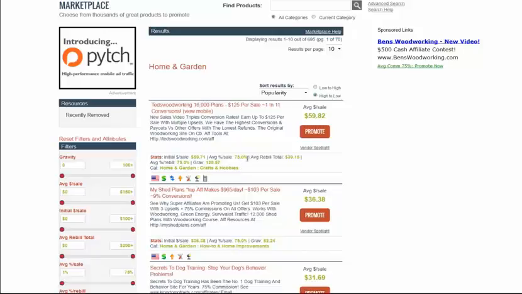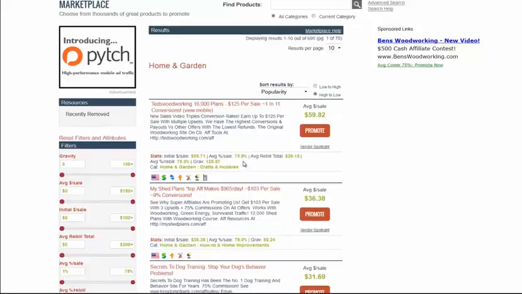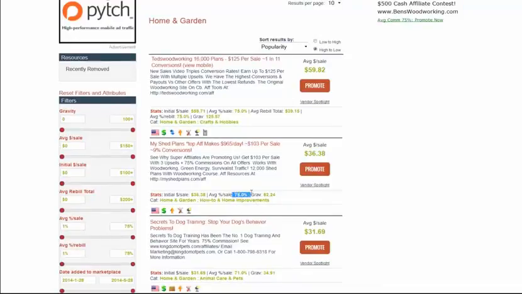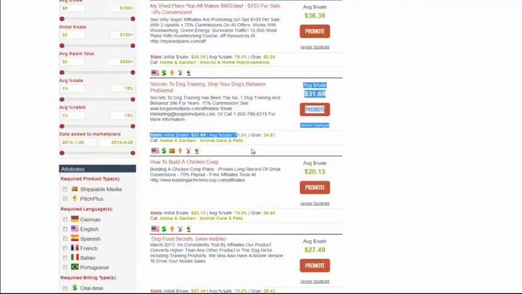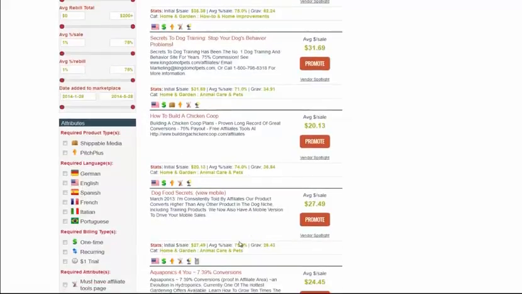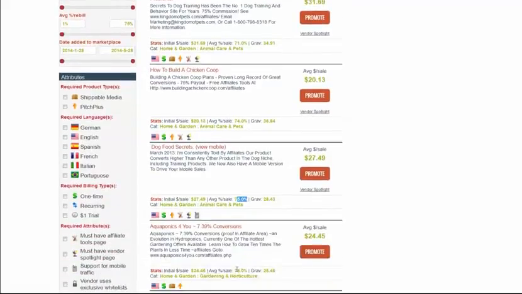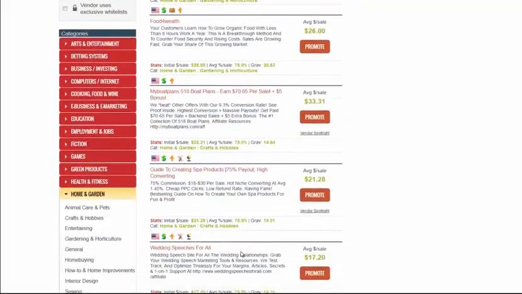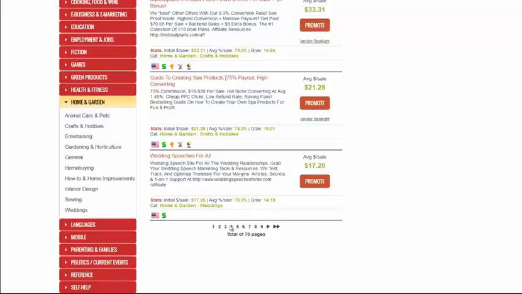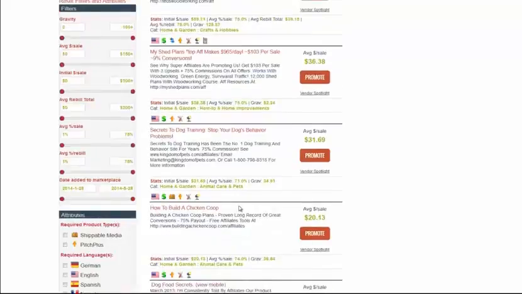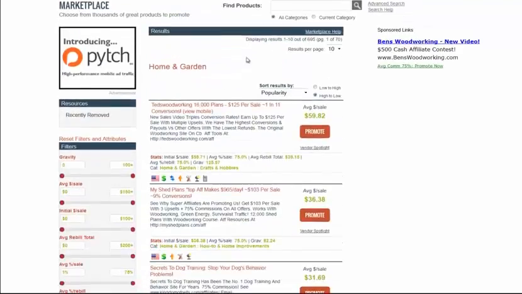Now the other thing that's important is the percentage you're going to make. So that's 75%, very nice. 75%, very nice. 71%, 74%, 75%, 75%. All of these products, without fail, every single one, that's shocking, is paying 75% per sale. This home and garden one